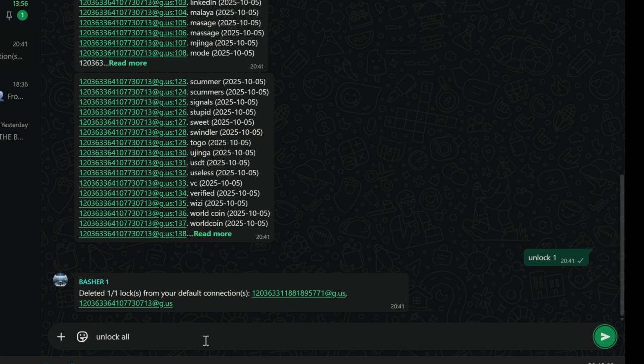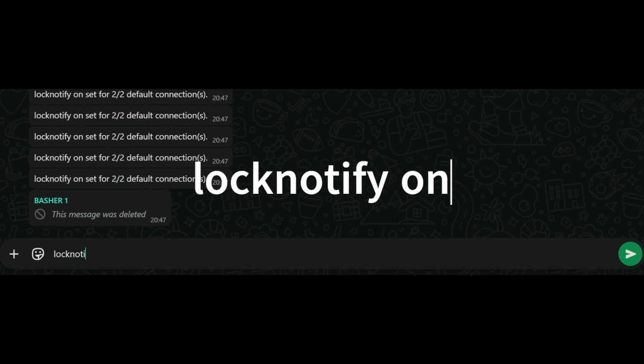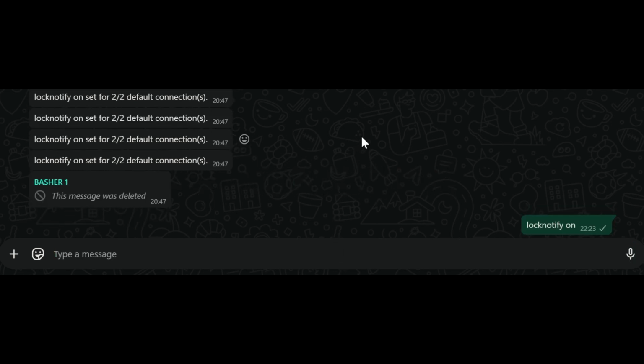The lock module also includes features for advanced administration. While automatically deleting unwanted messages is great, as an admin, you might want to be aware of who is attempting to break the rules. This is where the lock notify command comes in. By typing lock notify on, you can activate admin notifications. When this feature is enabled, every time the bot deletes a message for containing a locked word, it will silently